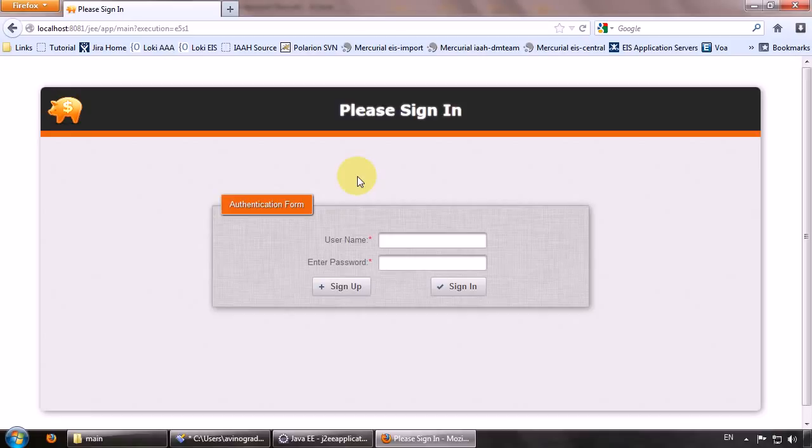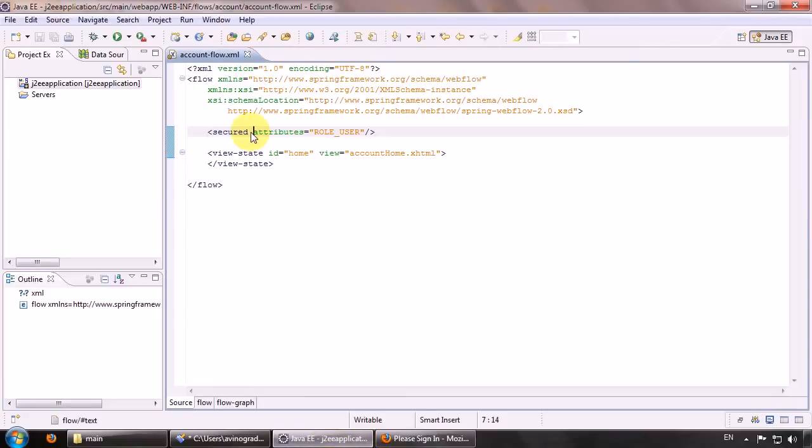So now in order to access the account flow, we need to authenticate the user and set the Spring Security context holder so that it creates the session, and only then will we be able to access that protected flow. So okay,